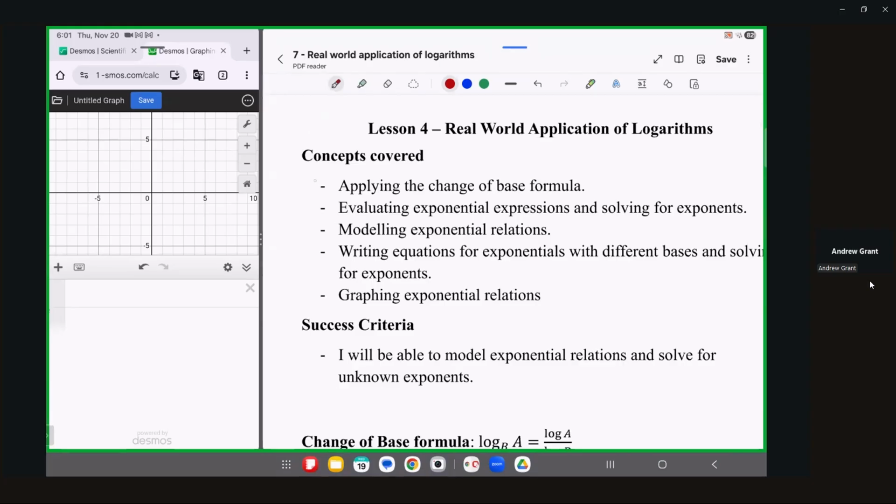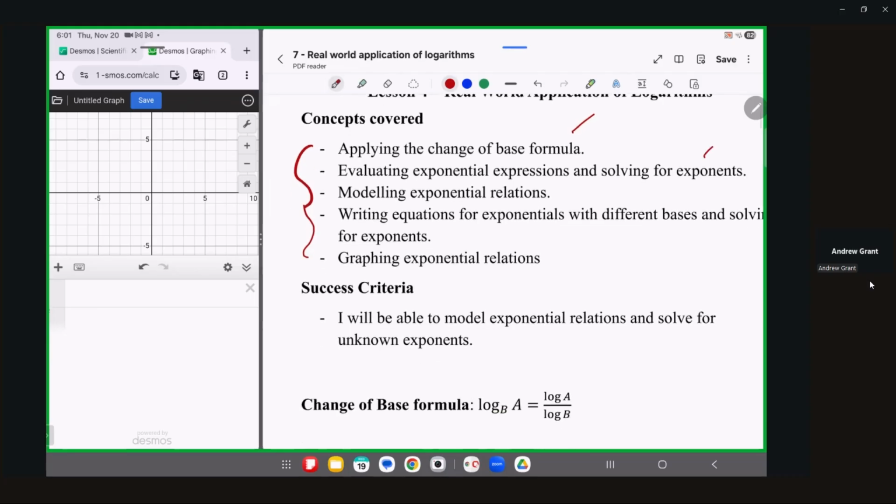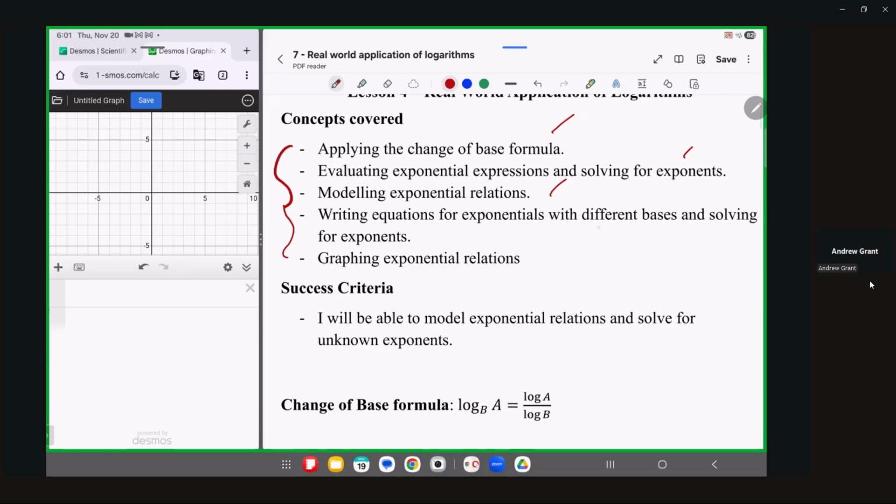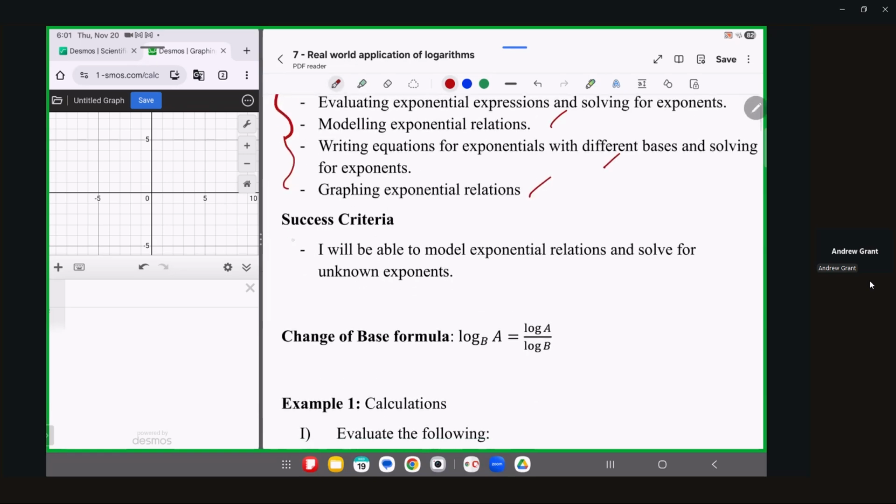In specific, the concepts we'll be looking at will be, again, we need to apply the change of base formula. We'll be evaluating expressions and solving for exponents, modeling exponential relations, writing equations for exponentials with different bases and solving for exponents. And if necessary, we'll graph an exponential relation. I think we have one we have to do, so I left that till the end. And in general, we'll know things have gone well because you will be able to model exponential relations and solve